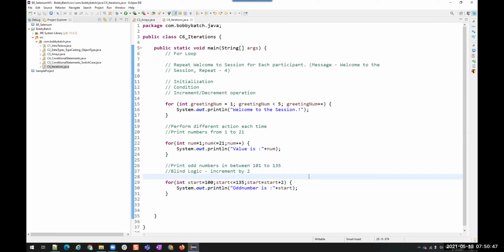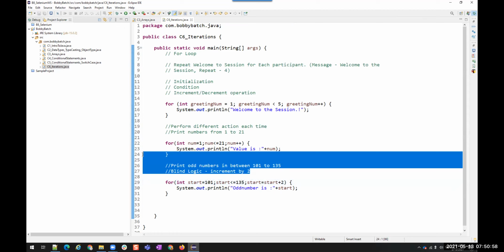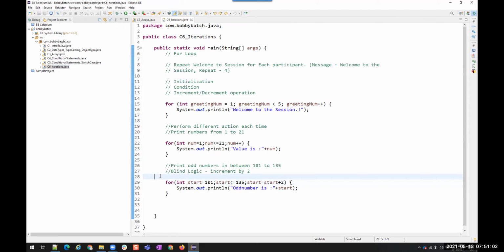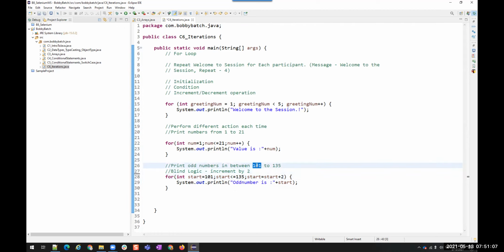No. So if I want to print odd numbers in any case, whatever the starting value might be, I don't want to print even numbers or give wrong values when we change the starting range.